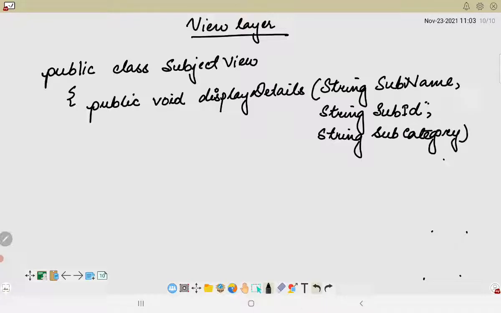Now we will simply use System.out.println, and then we will have name plus subject name, which we have here.